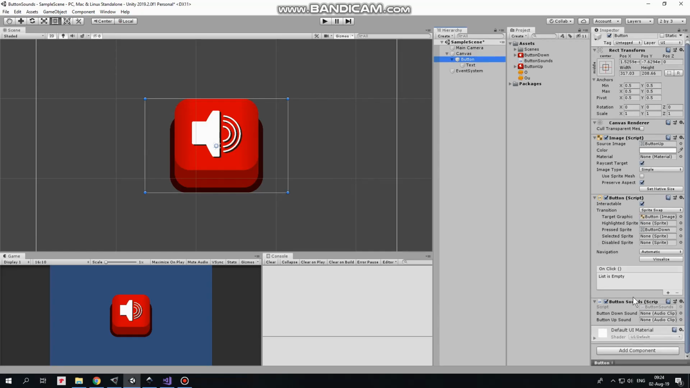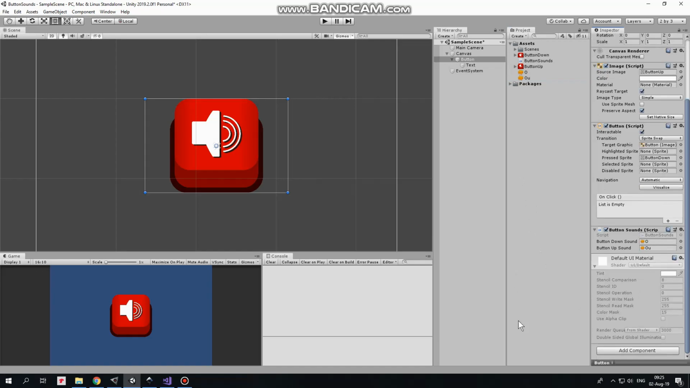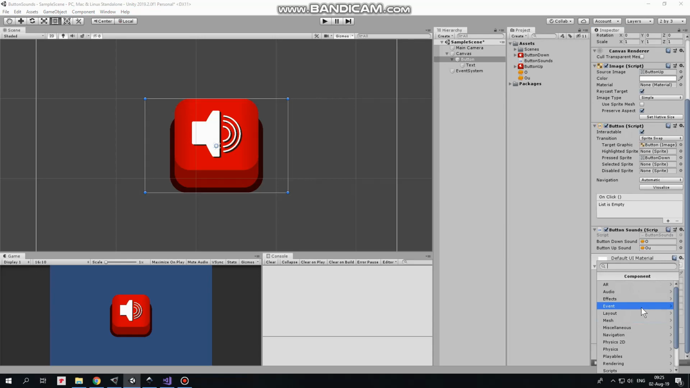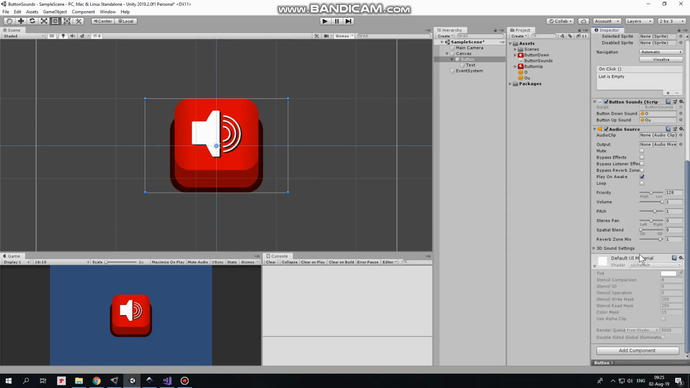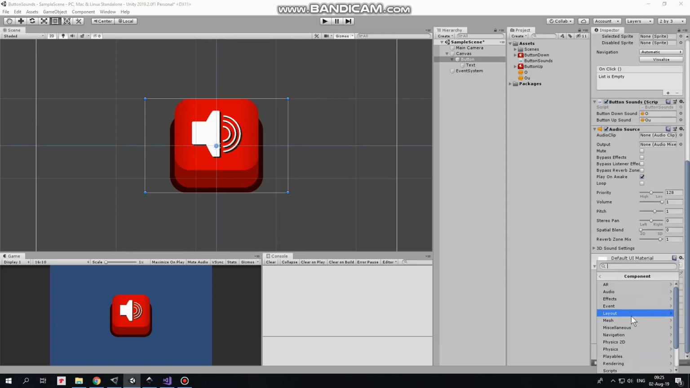Here is button sound script attached. Drag and drop corresponding sound clips into their slots. In my case, one clip goes into button down sound slot and another goes into button up sound slot. OK. To play sounds, button needs an audio source component, so I add one to the button. Here we go. To make it possible to invoke those methods from button sound script, button needs an event trigger